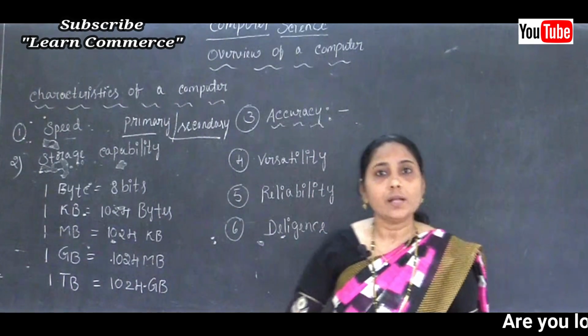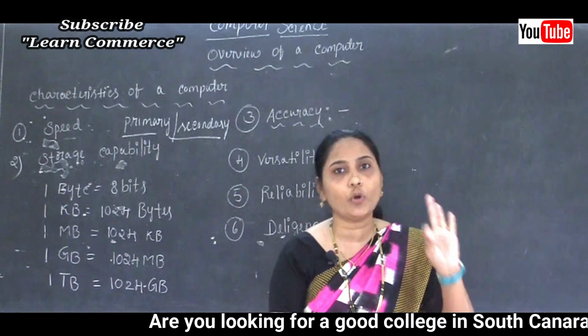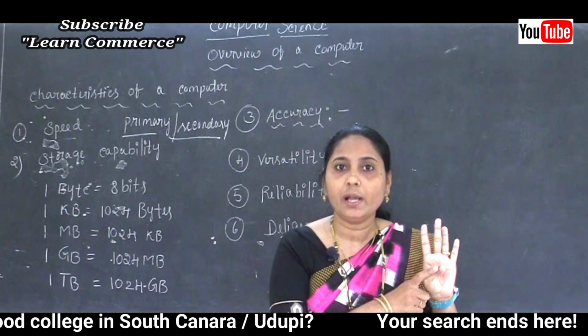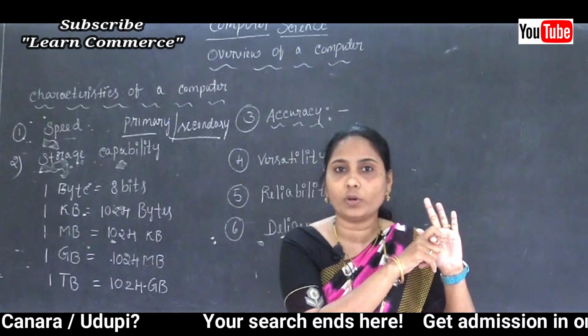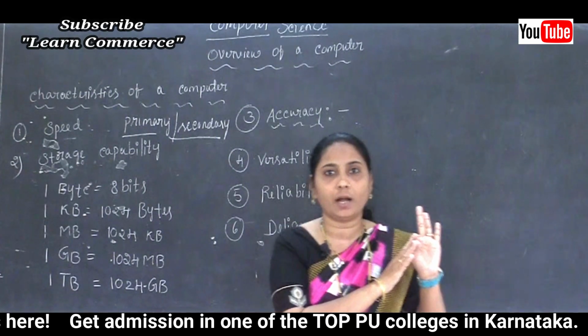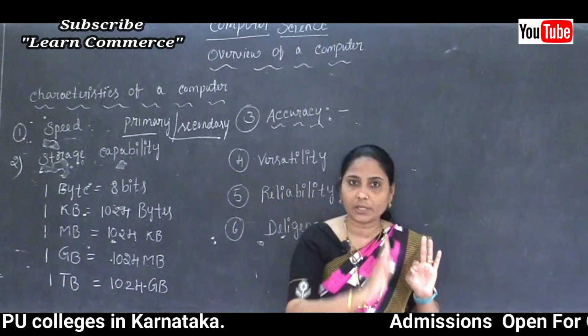We know that some of the primary storage examples are RAM and ROM. The RAM full form is random access memory, the ROM full form is read only memory, and all those are used to store the data. Storage capacity, storage capability of the computer. So clear this point here.